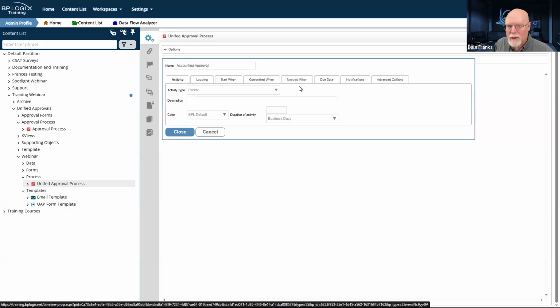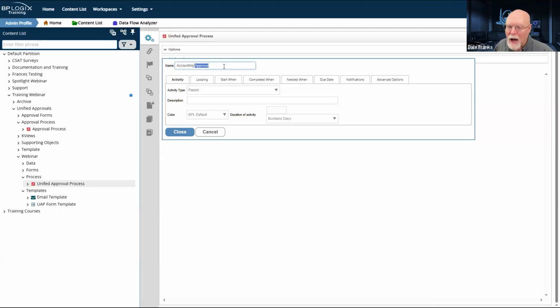That also means that since this is accounting approval, I only want this activity to run if I have chosen accounting as the function. Now, because this is a parent activity, parent activities don't do anything in and of themselves, but they still respond to the same sort of needed when conditions.